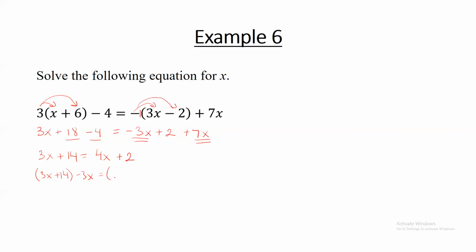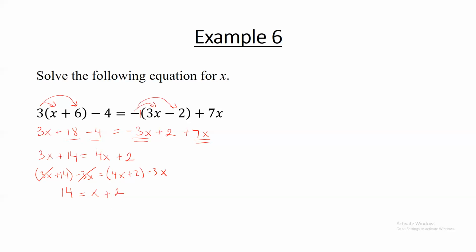Again, mathematically, no big deal. So 4x plus 2 minus 3x. We are canceling the 3x's because 3x minus 3x is 0, giving us 14 equals 4x minus 3x is 1x